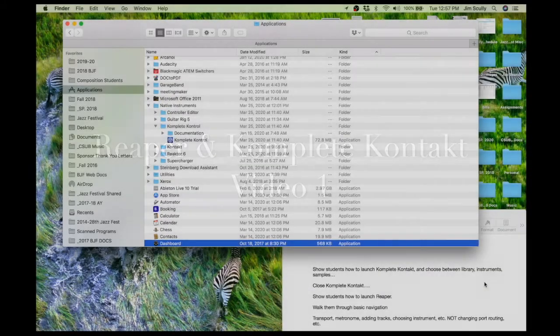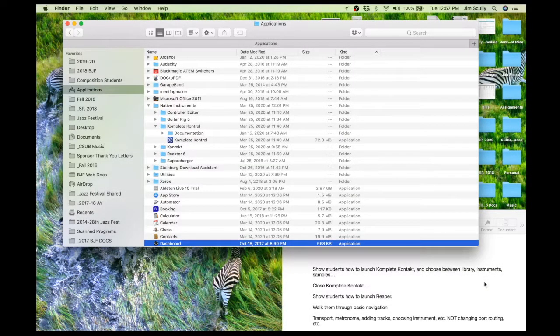Hey guys, this will be the first of a handful of videos I'm going to make showing you the basics of Reaper. This first one is going to introduce you to the Native Instruments things we downloaded last week, launching Reaper and showing you some of the navigation tools inside of it, and how to do the very basics in Reaper, like adding tracks, putting instruments on those tracks, and how to record some sound, so that you can at least start fooling around with Reaper and gain a little bit of comfort between now and when we come